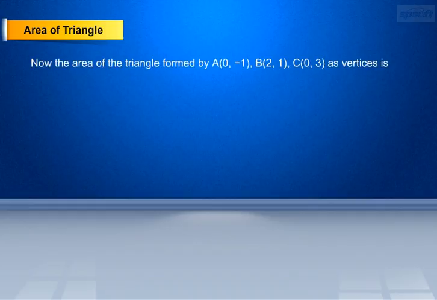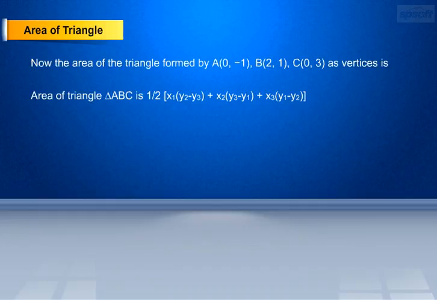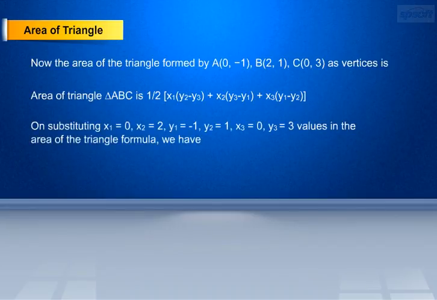Now the area of the triangle formed by A(0, -1), B(2, 1), C(0, 3) as vertices is: area of triangle ABC is equal to 1 divided by 2 into [x1 into (y2 minus y3) plus x2 into (y3 minus y1) plus x3 into (y1 minus y2)]. On substituting x1 equals 0, x2 equals 2, y1 equals minus 1, y2 equals 1, x3 equals 0, y3 equals 3 values in the area of the triangle formula, we have